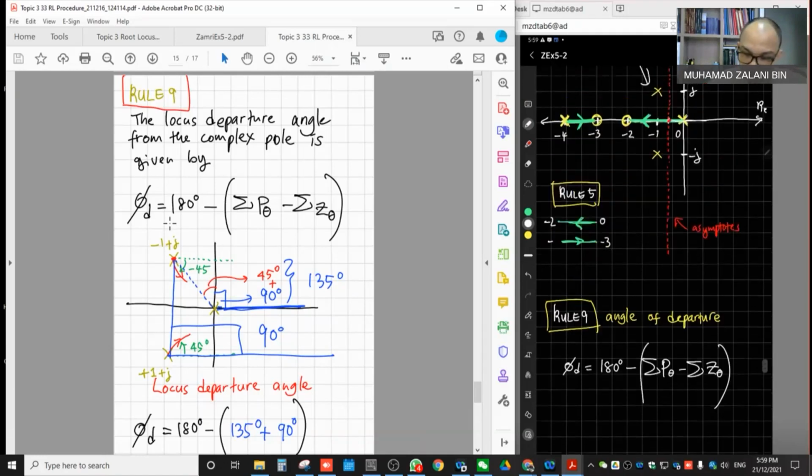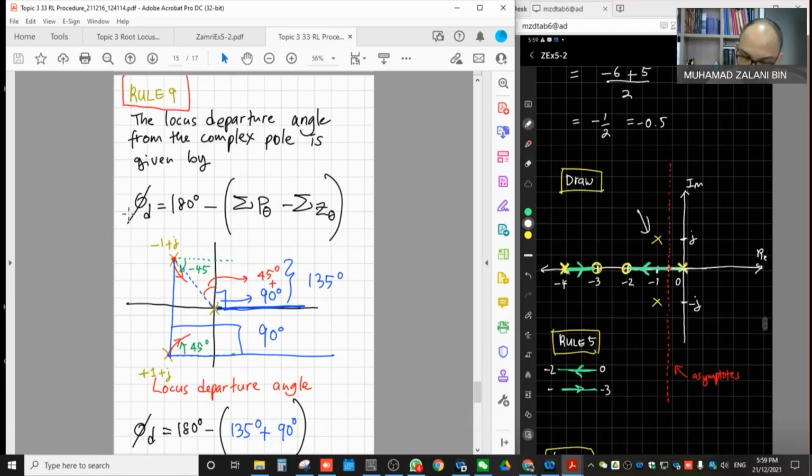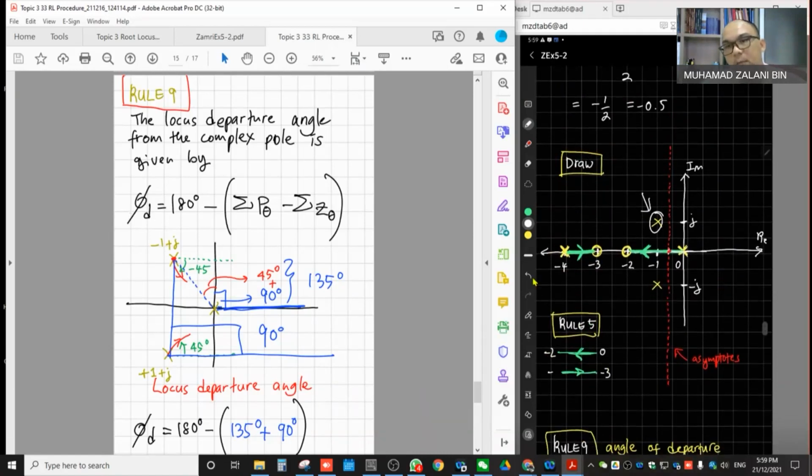So let's have a check. Okay, let's start from this one. I'm going to start from this pole. You can choose any of the poles, either the bottom one or the top one. So I'm going to choose this one, then determine the angle of poles and angle of zeros with respect to the horizontal plane. So meaning that, okay, the first angle,